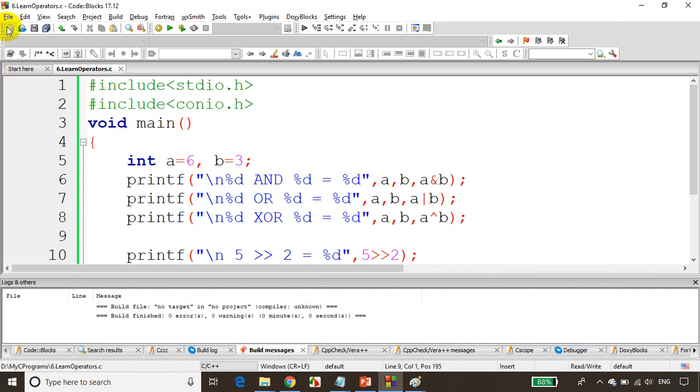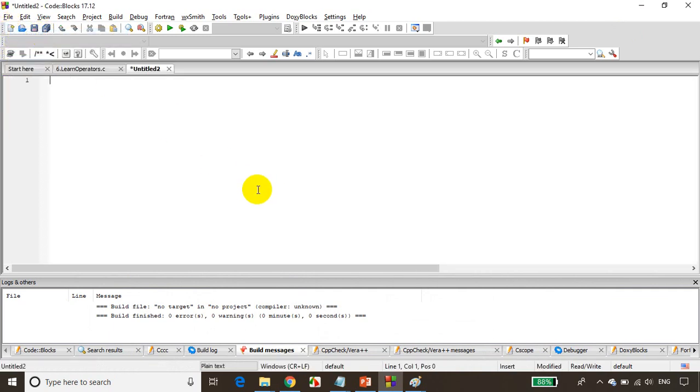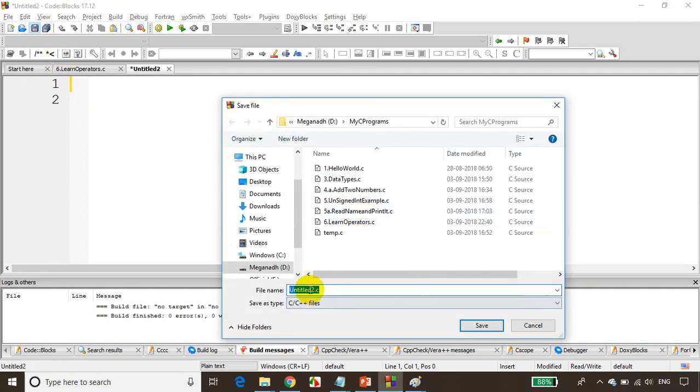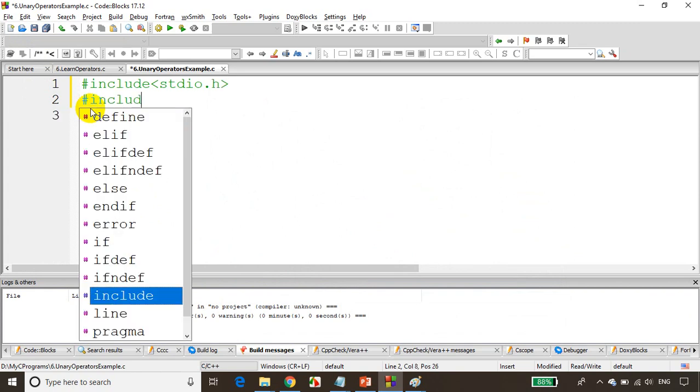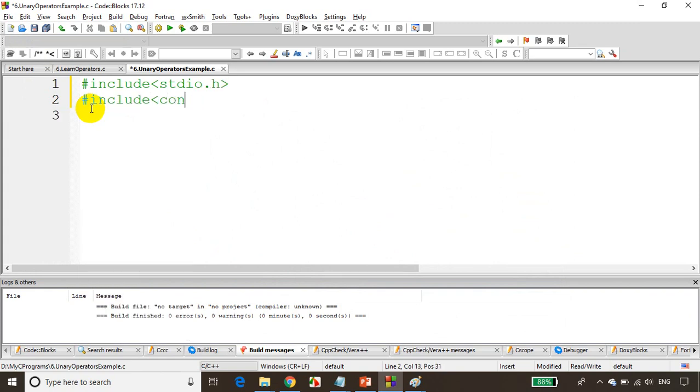I'll create one more new empty file and save this, and I'll write here 6.unary operators example. And now what we'll do is, I'll just write include stdio.h, include conio.h, and as usual I used to tell you to write like this, so just write here